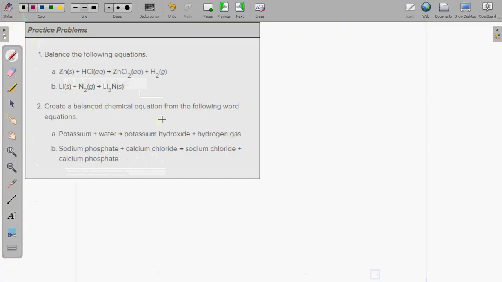All right, so we have these problems, and we need to balance. And so remember that we have to have the same number of atoms of each element on both sides. The first couple, they give us the skeleton equation, and we have to balance it. The next couple, we have to use the words to write the skeleton equation and then balance it. So for one, we have zinc plus HCl produces